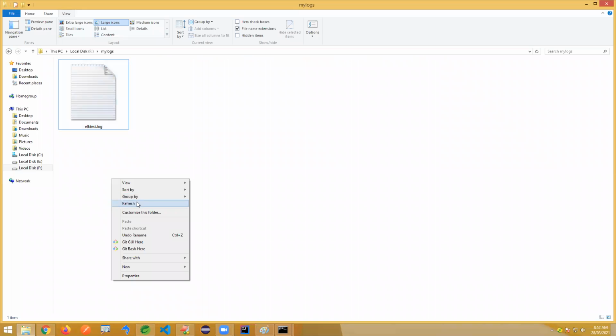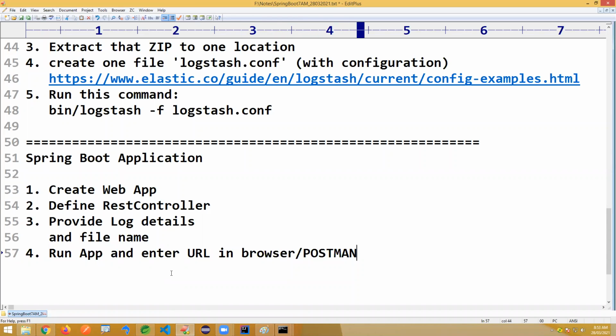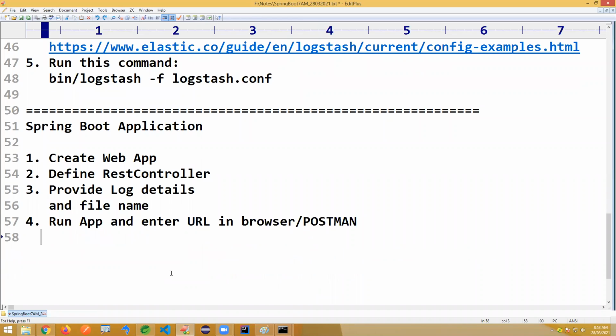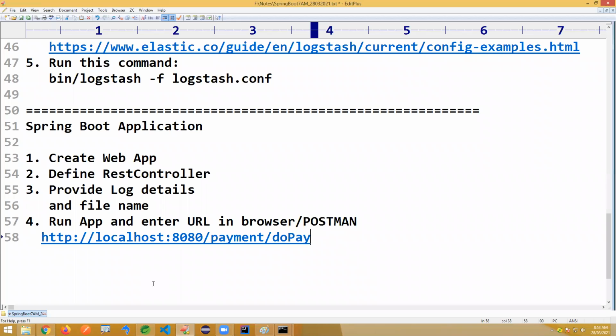Now this log file we have to read. Again, it is not over. Run the application and enter the URL in a browser or some Postman tool, you can use it for testing purposes. This application has started.